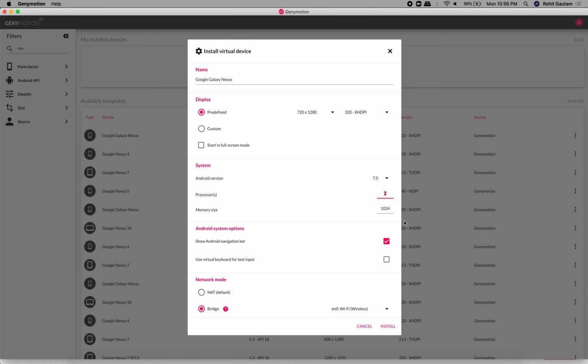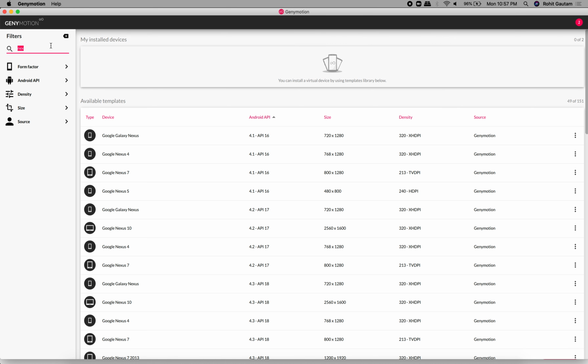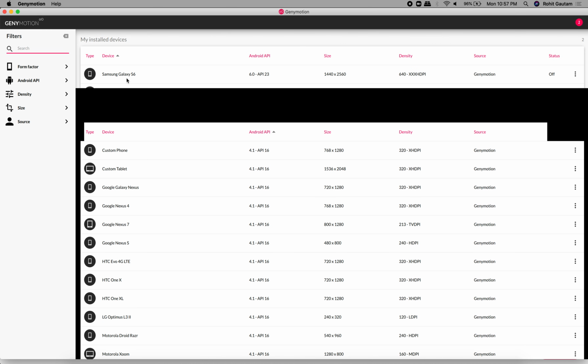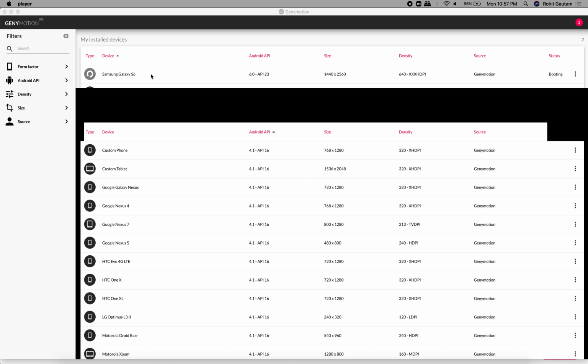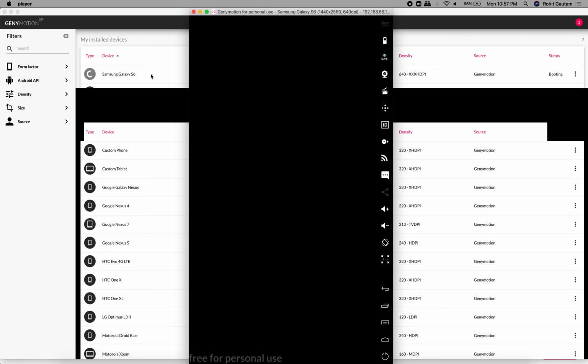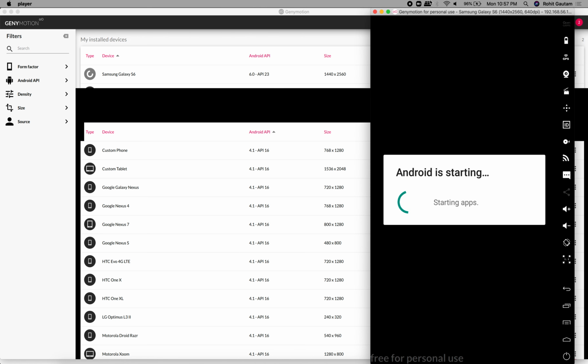First it will download the Android operating system and then it will install it and boot it for you. Now I have already done this, so I'm not going to do it again, and I will show you. I have a Samsung Galaxy S6 with me, as you can see over here. I've been using this and it is running on Android 6, but I also have an Android 7 version. I have this already configured with some of the applications. So I will just start this device. You just need to double click the device to boot it, and you can see the device boots something like this and it looks something like this.